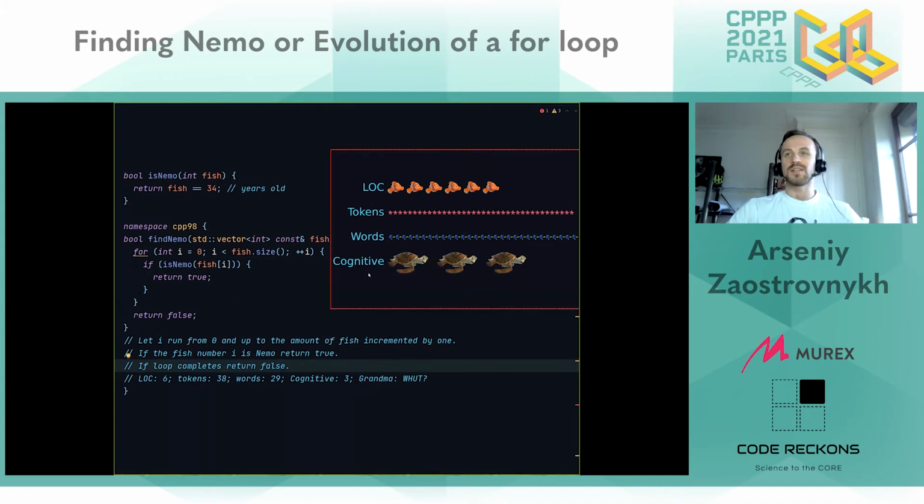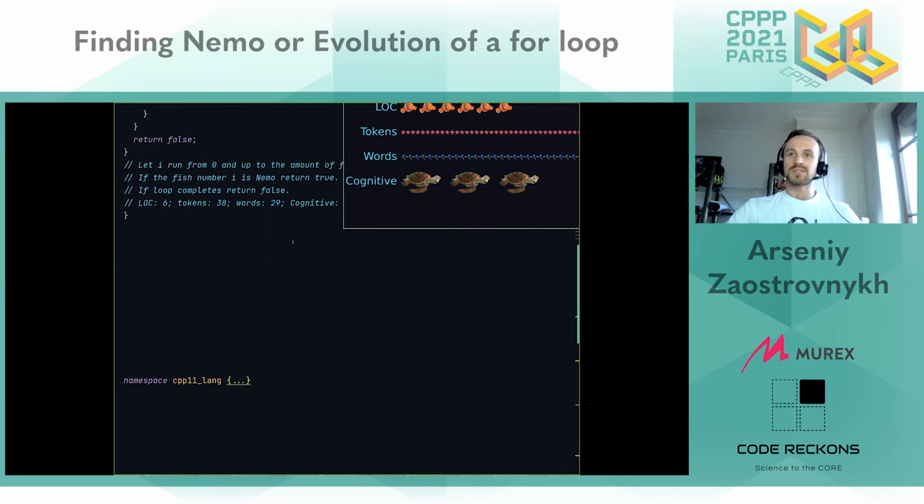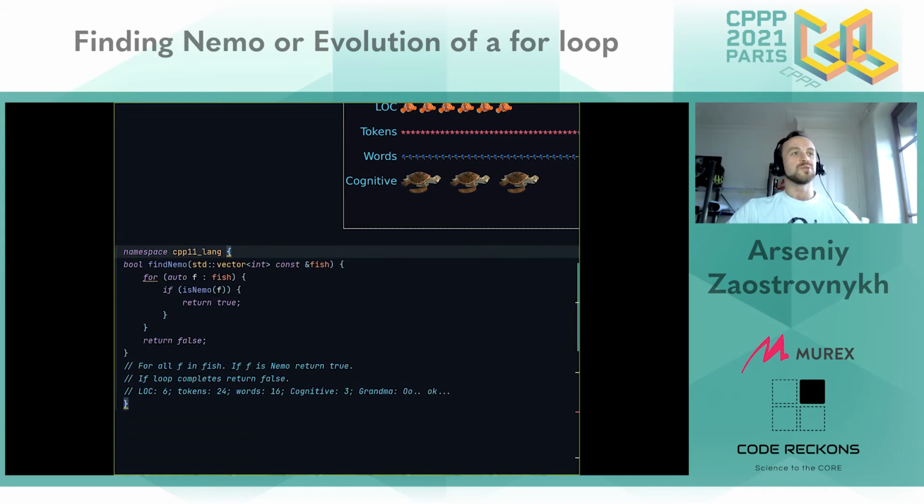Before that, I need to shout out to C++98 still. It is an improvement over C, where you would also have to pass the amount of fish as a separate argument. But C++ makes it much simpler. Here, you can use the range loop. That's already neat.